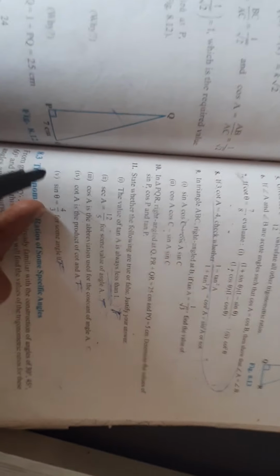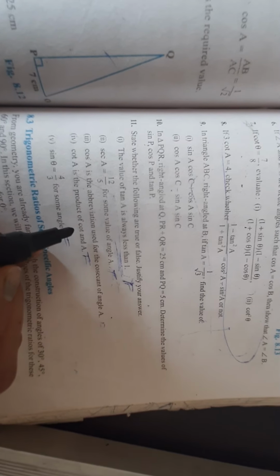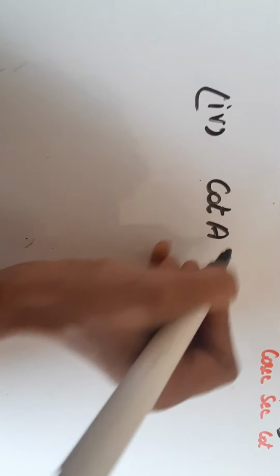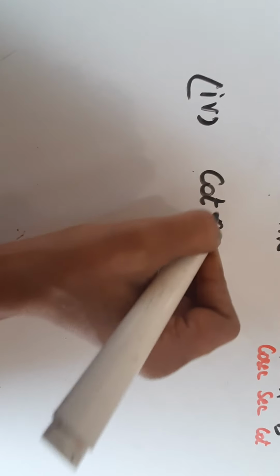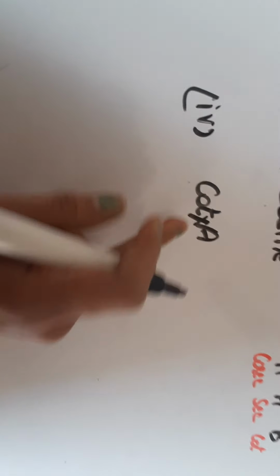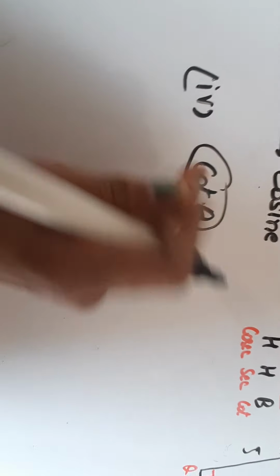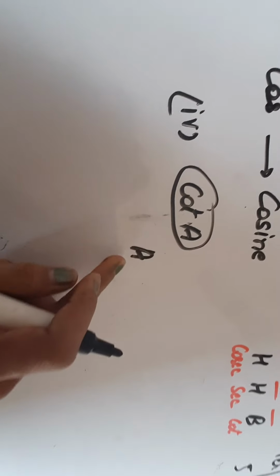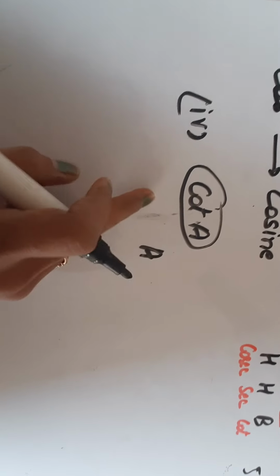Right? Now fourth part is cot A is the product of cot and A. Fourth part, what they are saying, if I am writing cot A, is it a product of two things? No dear students, cot और A ये दोनों सिंगल टर्म मानी जाती है, ये दो अलग अलग चीज़ों के प्रोडक्ट नहीं हैं. अगर हम सिर्फ एंगल A लिखते हैं, it has no value without trigonometric ratio.